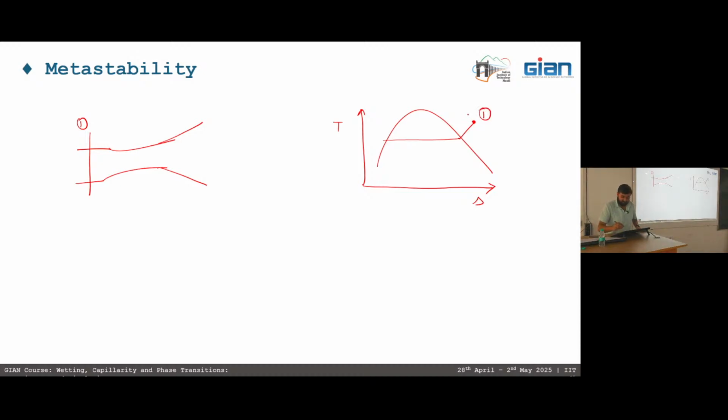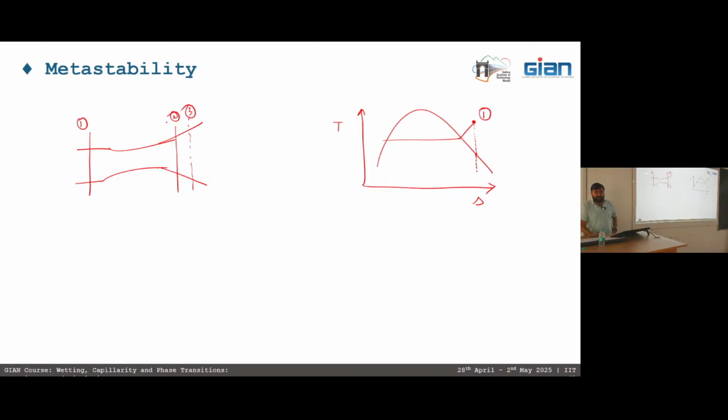Now as this is expanding irreversibly, we should expect that as it reaches 0.2, the phase change should occur, right? Because there is a saturation vapor curve here, so the steam should convert back to liquid. But in real conditions, what we have observed is that it occurs further down, probably somewhere here. Also, boiling never starts at 100 degrees centigrade. It always starts at a certain amount of superheat. That's what we discussed yesterday also.